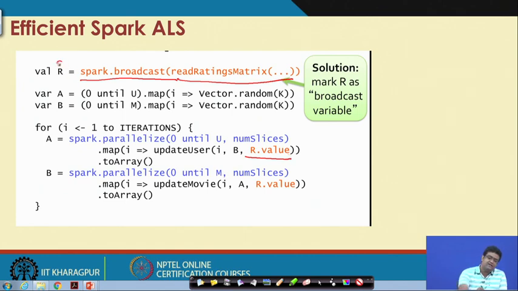So, R now is actually a broadcast variable whose value field actually contains the matrix, and it is stored in each and every server, and the rest of the code remains as it is. So, then you can see that the ratings matrix does not have to be transmitted to each and every server all the time.